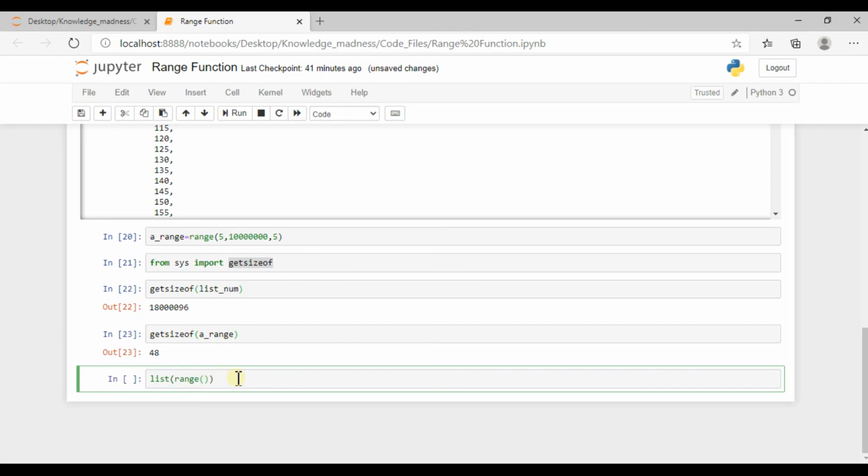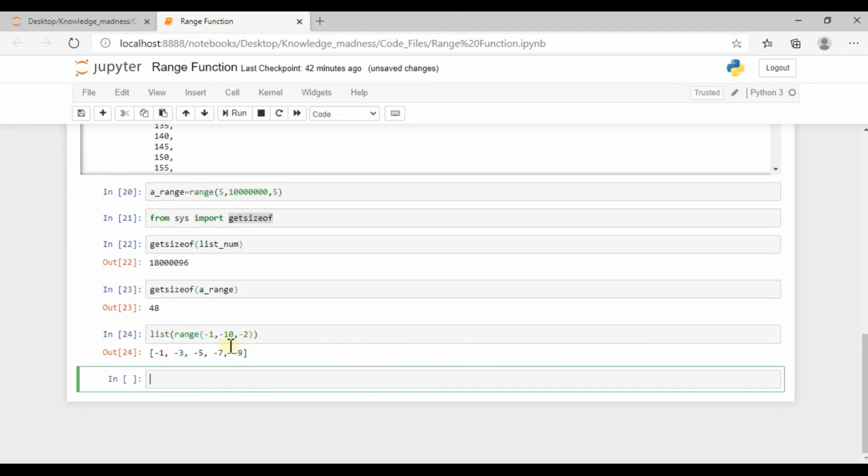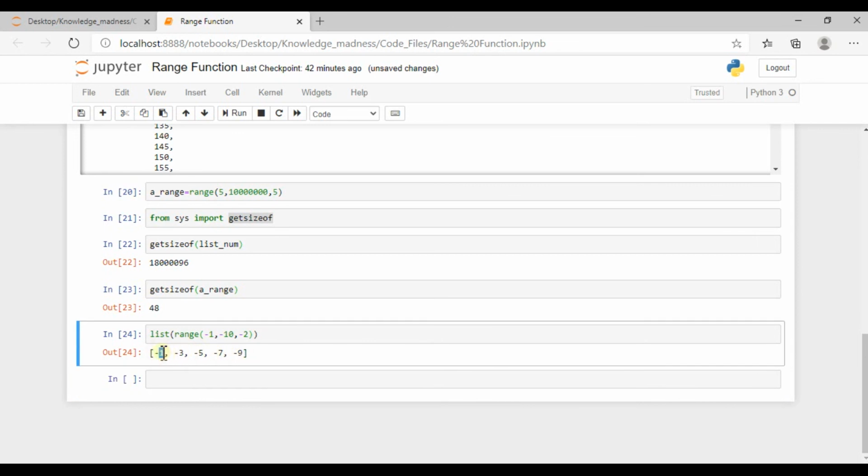I want to start from -1, stop at -10, and perform it with a step of -2. Here it is: it starts from -1, then steps by 2, giving 3, 5, 7 and 9. There is a gap of 2 between these two values. So this is something advanced. I don't think you will need it, but who knows, whenever you need this kind of arrangement